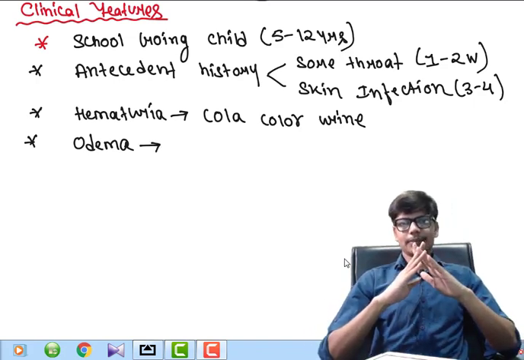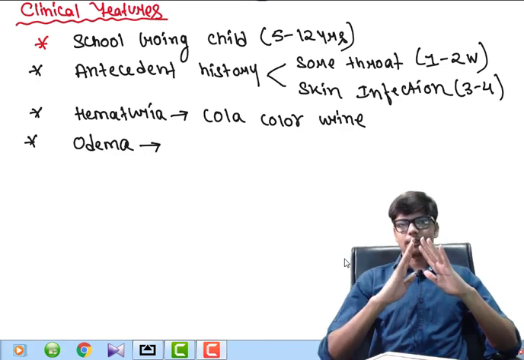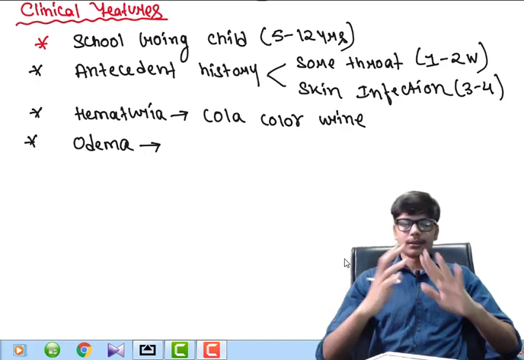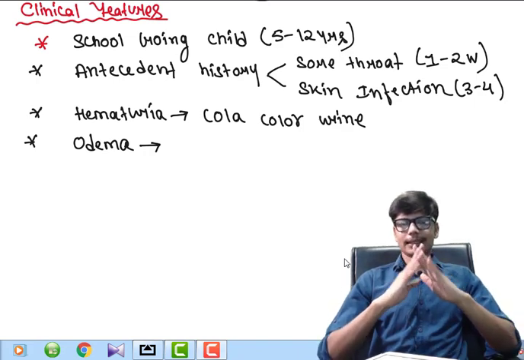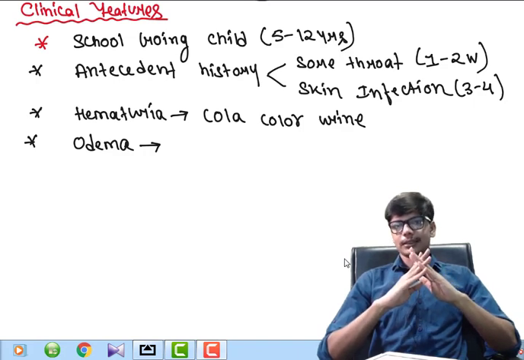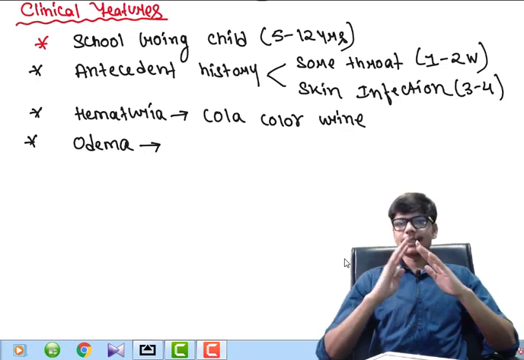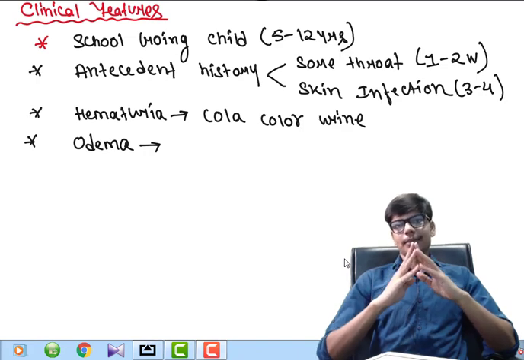And there is abrupt onset of edema in APSGN as compared to nephrotic syndrome, which was insidious in onset. So this abrupt onset of edema has led to severe activation of the renin-angiotensin-aldosterone system, which in turn has caused hypertension. So this is the reason why hypertension is present in APSGN and not in nephrotic syndrome, because in nephrotic syndrome edema was gradual in onset, but in APSGN edema is very sudden in onset, which led to activation of the renin-angiotensin-aldosterone system very strongly and hence led to hypertension.